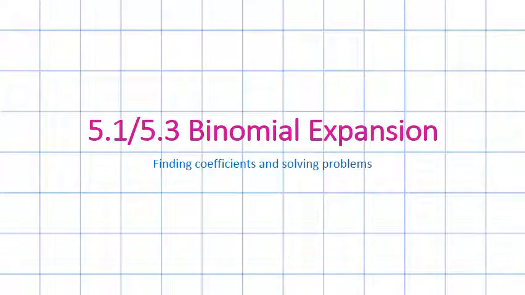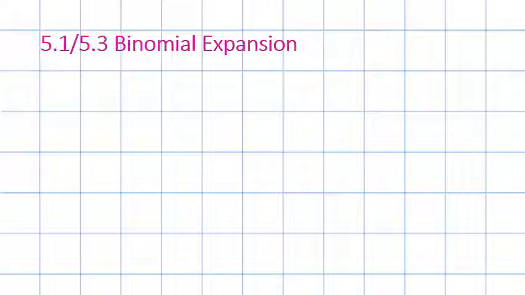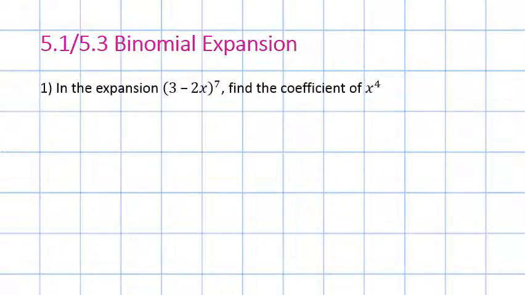Core 2, Section 5.1 and 5.3, Binomial Expansion. Finding coefficients and solving problems. Example 1. In the expansion of (3 minus 2x) to the power of 7, find the coefficient of x to the